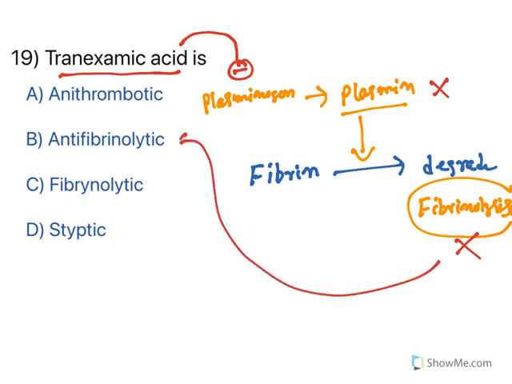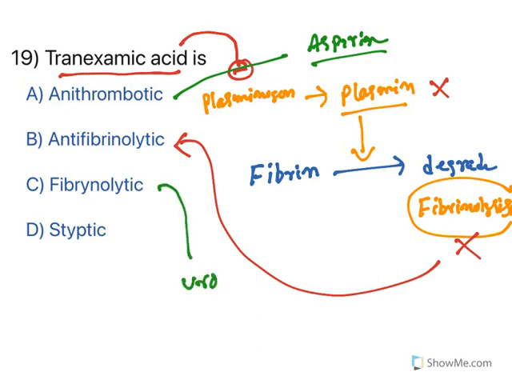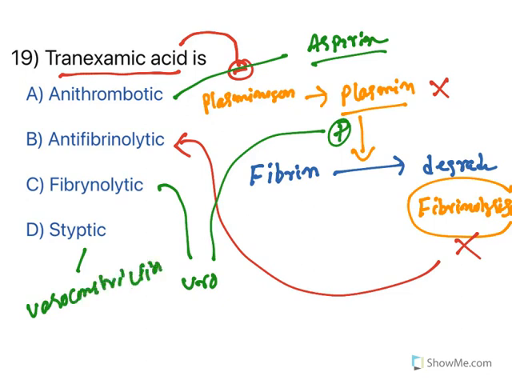And what is that process known as? Antifibrinolytic. So tranexamic acid is antifibrinolytic. Now, remaining drugs, antithrombotics such as warfarin, heparin, aspirin, all of them will inhibit clotting. Now, fibrinolytics, urokinase, streptokinase, all of them will encourage this process, so they cause fibrin degradation. Styptics are the agents which cause vasoconstriction. They will also reduce bleeding, but by causing vasoconstriction. Usually alums are used. They are nothing but astringents, protein precipitating agents. They will arrest the bleeding.